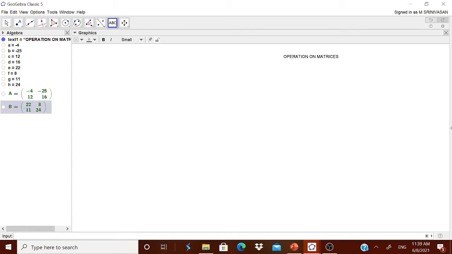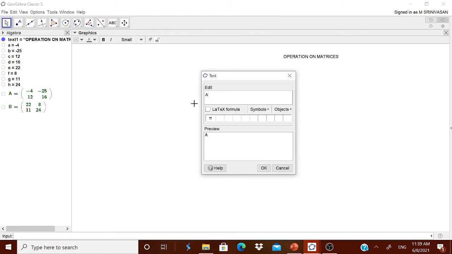Okay, you got matrix B also. Now you want to display this matrix over here, therefore be careful. Go to this ABC. You know that display will be done by ABC text. Okay, now you see, whenever capital A is equal to, suppose from this object you take this capital A, you see it is not showing properly. What should be done? Please note down.